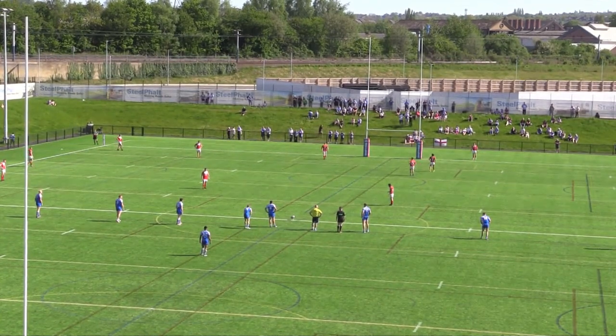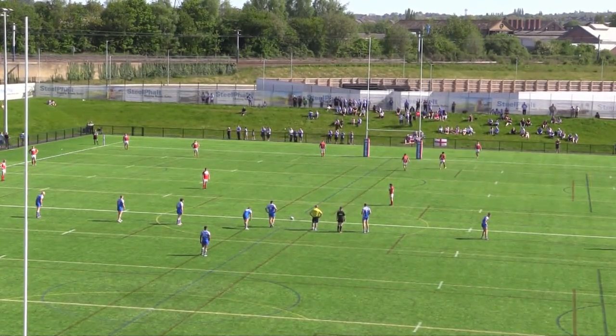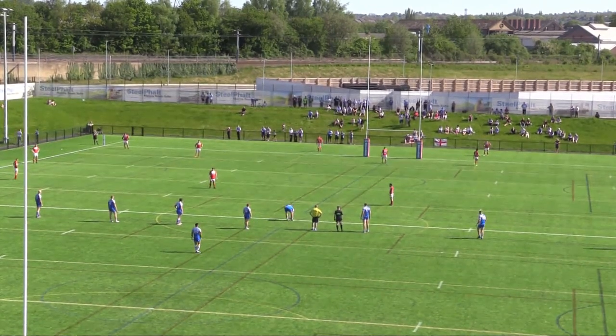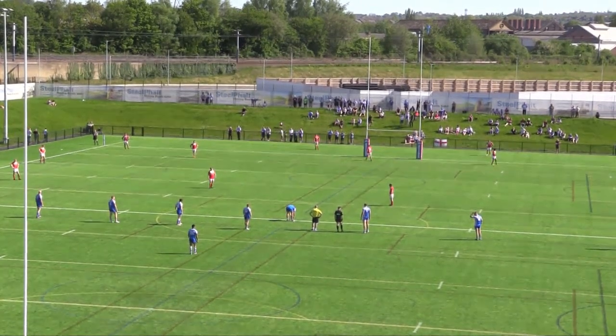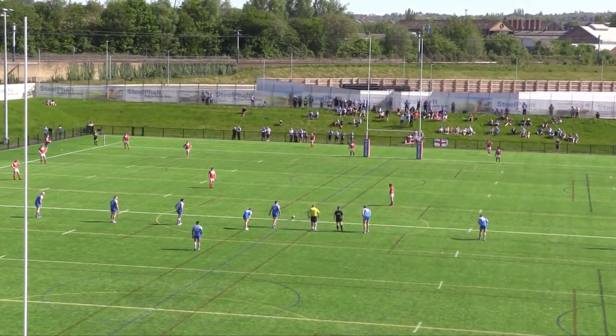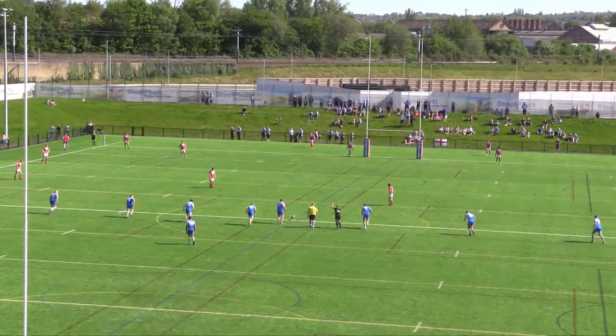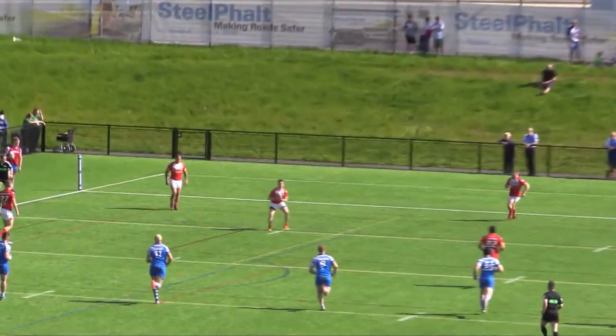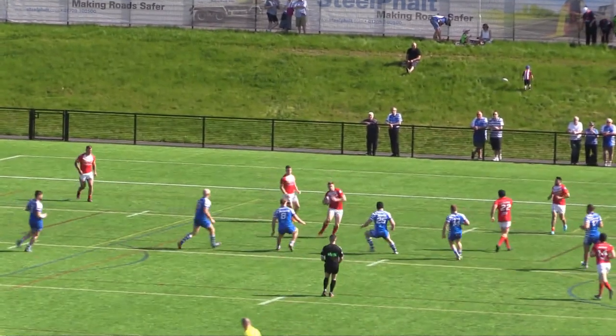We're looking to put that right this afternoon before a week off for the Challenge Cup and Dewsbury at home the following week. And then what potentially has the potential to be a massive match in Blackpool against Featherstone Rovers at Summer Bash. Morrell kicks off, drops the ball down in front of